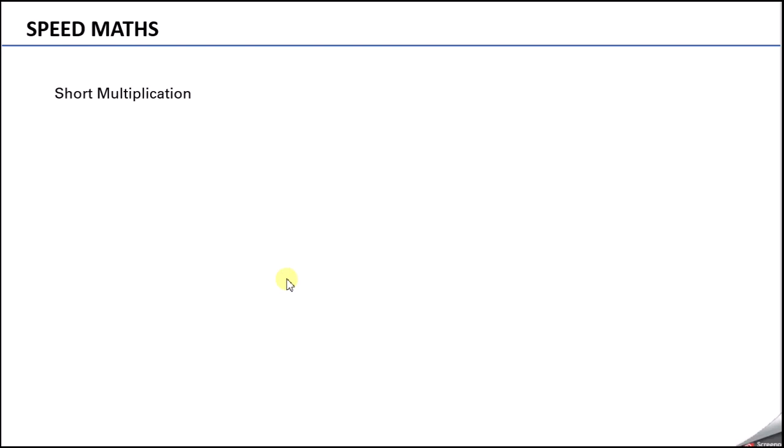You may find n number of different types of techniques where, for example, for numbers closer to 100, how do we calculate faster, or numbers which are repeating, how do we calculate them faster. But I believe that remembering that many techniques would just be cumbersome and you would not be able to apply any specific technique anywhere. So instead, the one which I will be showing you will be applicable for all the numbers.